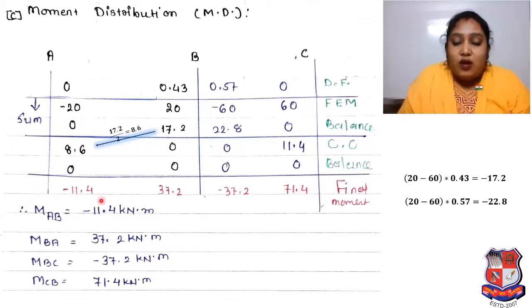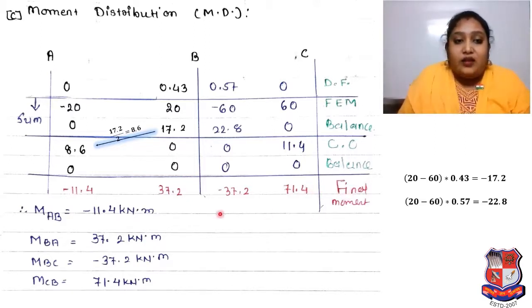Dear students, why do we stop our calculation over here? Because it is a fixed beam, so some moment will be at the end, right? But at the middle joint, for whichever members, we got the same value of moment. No doubt it is positive and negative, but it is the balanced, final moment. So we got the same value over here, means our calculation is completed. And we know it's a fixed beam, so some end moment will be there, and that value we have to consider as our fixed end moment.